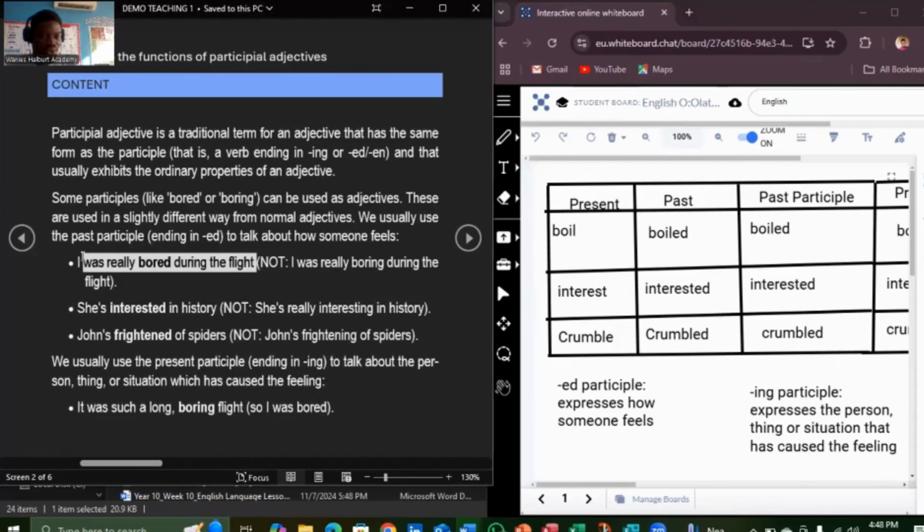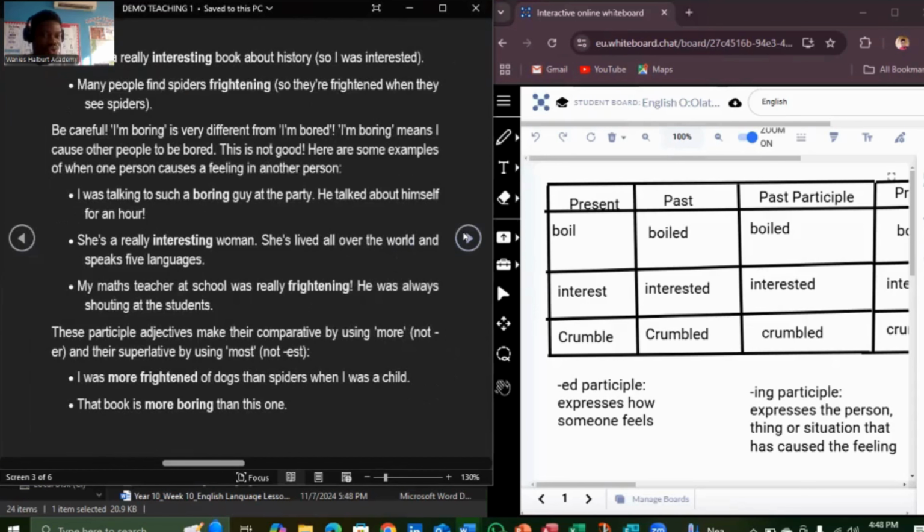I was really bored during the flight. The word bored here expresses the feeling of this person. It is the ED participle form, and it is used to express how the person feels during the flight. Now, when we compare that example to what we have here,